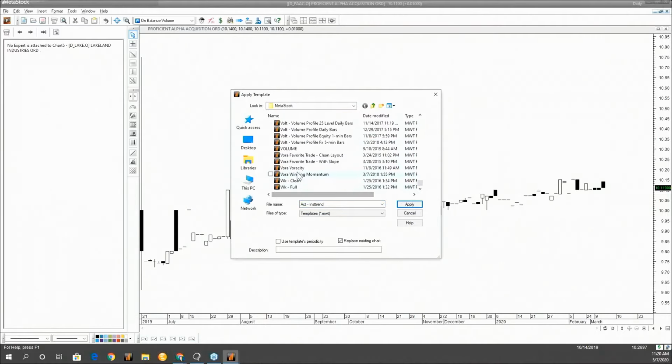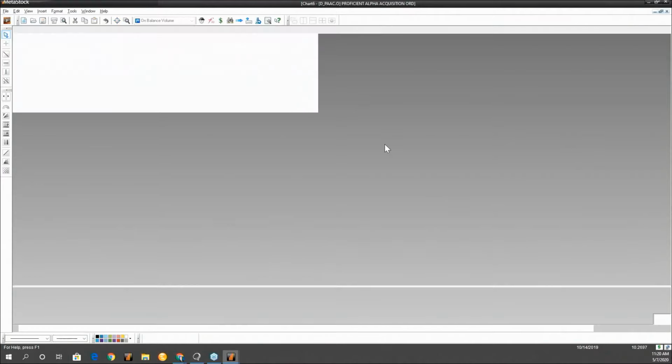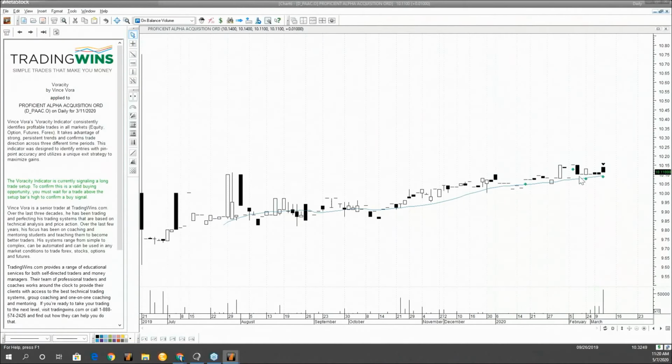And that's the thing that I do like about it a lot, because even if you have a setup, you notice you're getting a lot of long setups here, but it didn't actually hit the price. So if you're somebody that likes to trade in between the price range that I showed you, then this would be a great way to make sure you're not getting into a horrible trade.